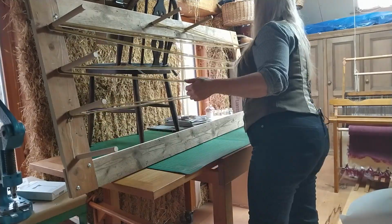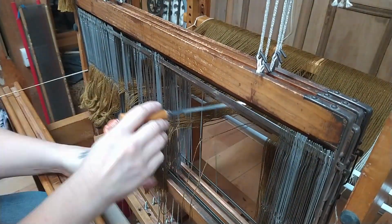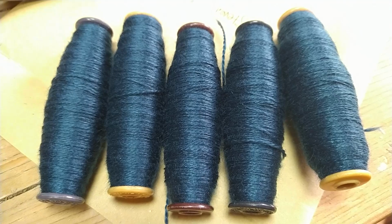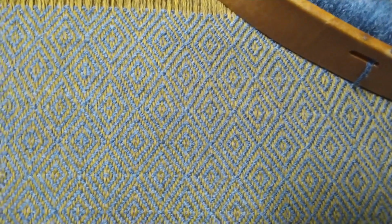I wound a warp, I beamed it, I threaded the loom with a gold merino wool and a herringbone twill pattern. I wove about 8 meters of cloth in a lovely red merino weft, followed by a lovely blue silk wool mix, and finished with some fancy treadling to make a diamond pattern in some blue wool acrylic I found